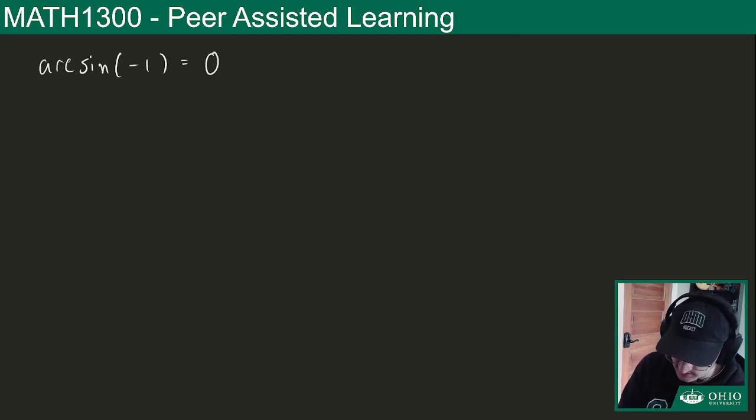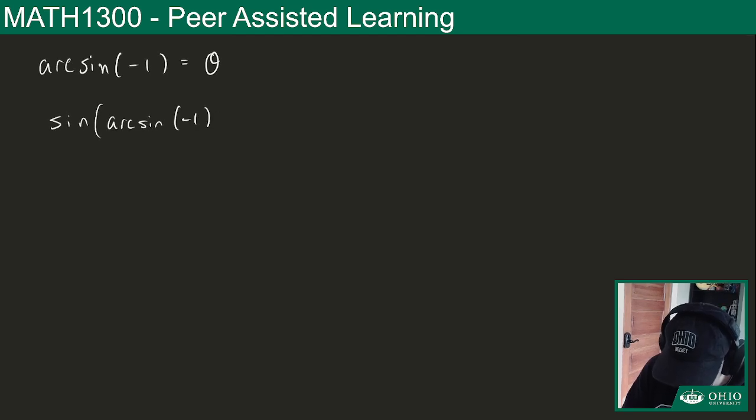I will pick theta because we work a lot with theta in trigonometry. So now I have this as an equation, and I'm now equipped with the ability to use inverse functions with sine, cosine, arcsine, cosine. And so I'm going to take to both sides of the equation just the sine function. So I'm taking the sine of both sides,